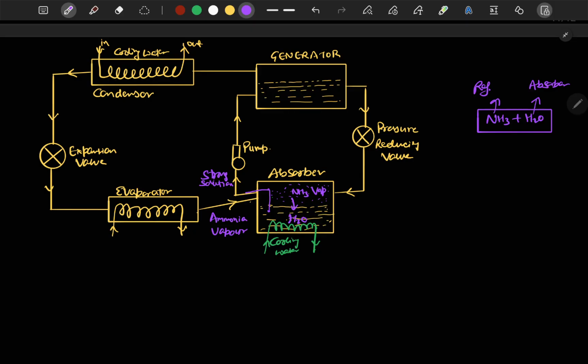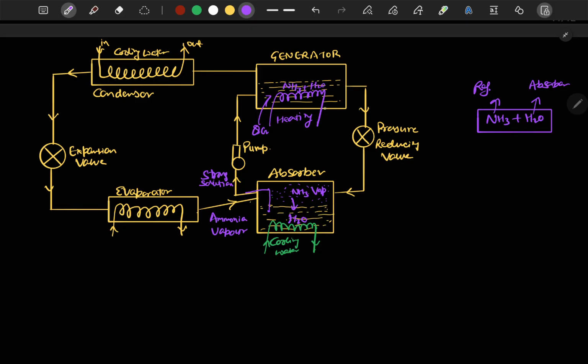And in the generator, there is heating. This heating can be done by solar heating, or by using steam, a gas burner, or heating oil, anything. So we are supplying a huge amount of heat to the generator. Now since we are supplying heat, this strong solution of NH3 plus water